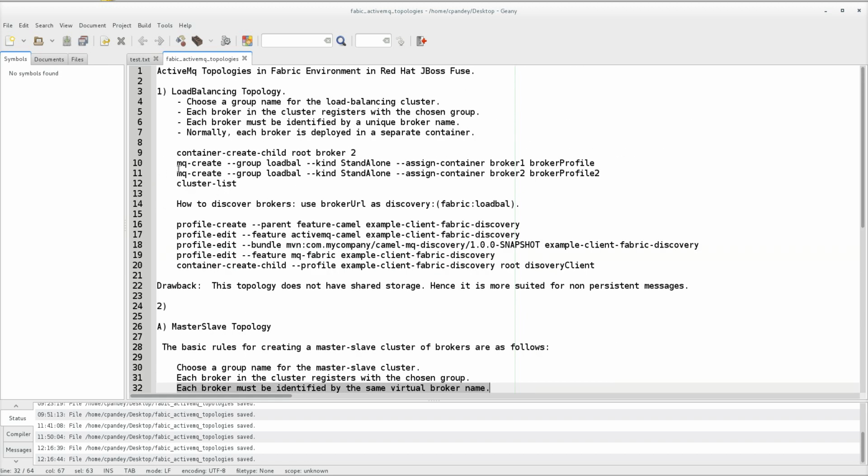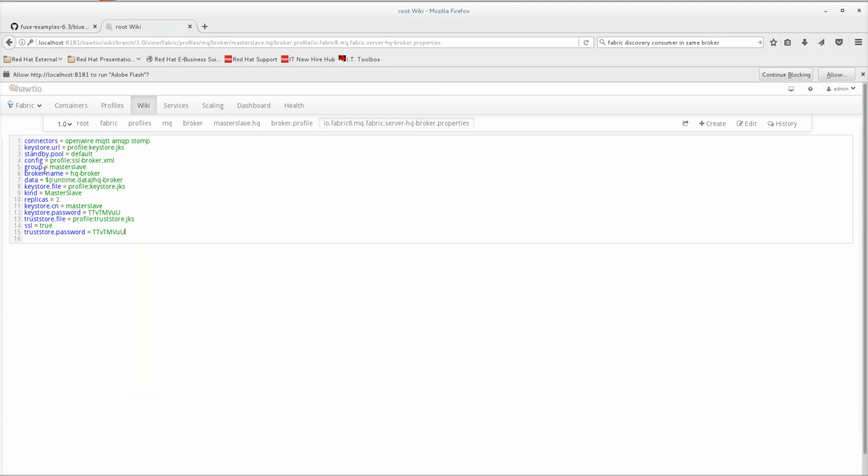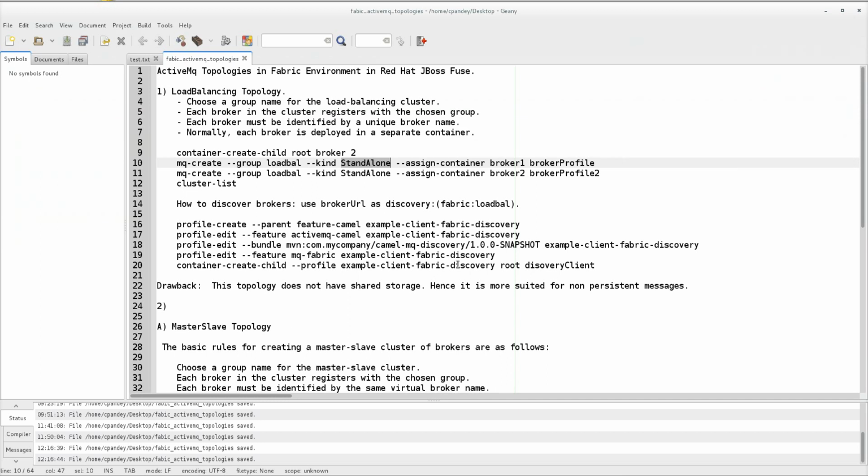And while we create a load balancing topology, we provide kind equals to standalone. Let me show you this profile again, this kind. If you see here, we created this master slave broker. Here kind is set to master slave, so by default it will act as a master slave. If you want to create a load balancing topology, you can set kind to standalone. So this way you can configure.